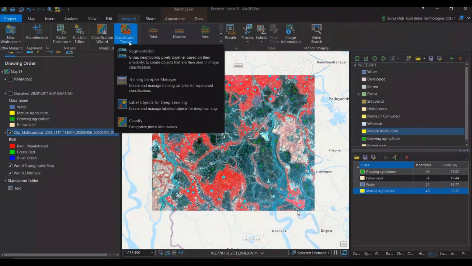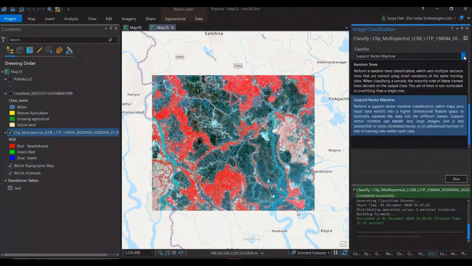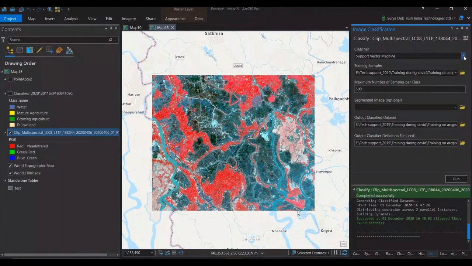And then I go for this type of classification, suppose. Okay, I already ran it, so it is showing. I already classified it, but I am telling you the process. So here you have the classification. I am selecting the support vector machines. There is another way also, the random trees classification, which is a totally different classification technique. I will explain it to you sometime later. But this is the support vector machine classification, which I just explained to you.